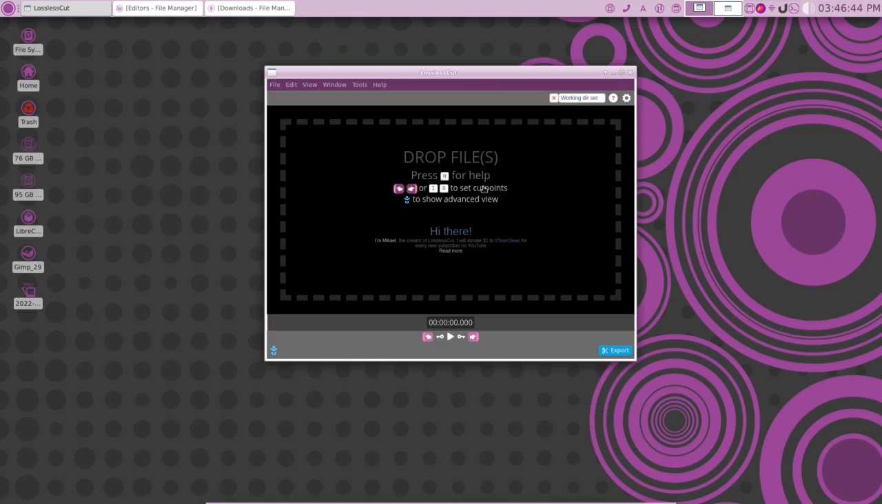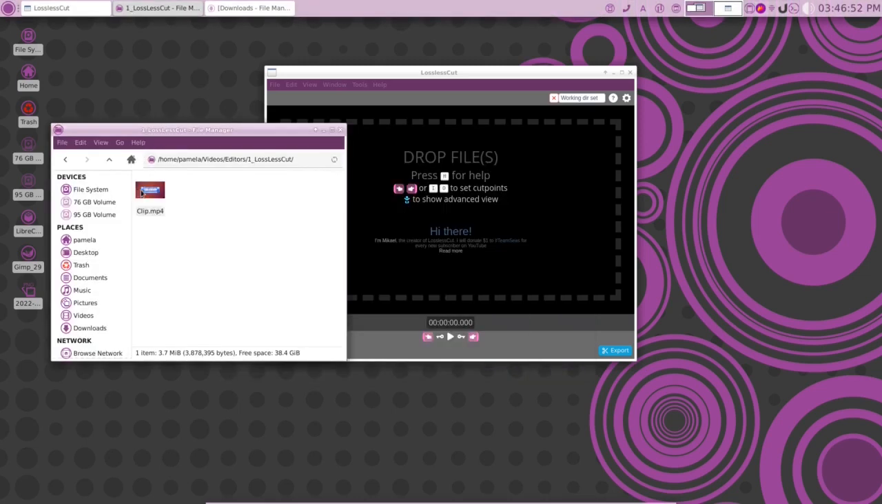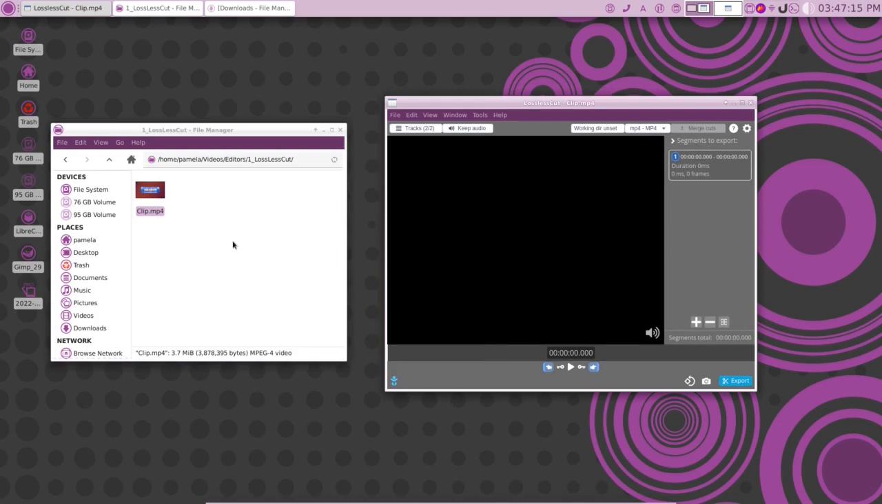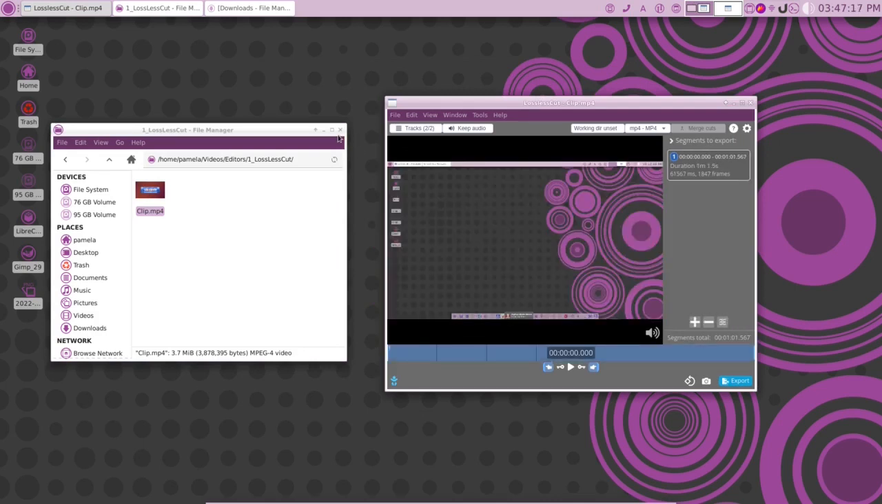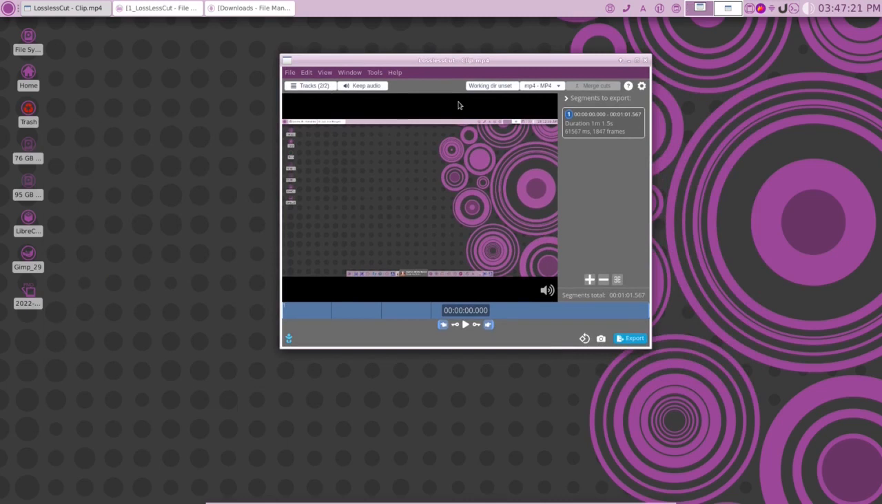Now, it says we can drag and drop a file here. So let's go into our Lossless Cut folder, and let's put this little clip on there. There we go. This time we've got it. Okay, so here we are. We've got our little clip here, and you can see it's quite a nice layout. It's telling me here 1 clip in here,